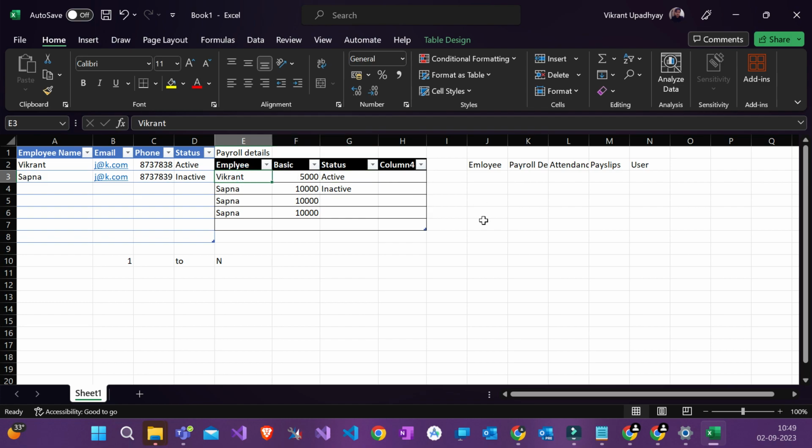Have you got the analogy of active and inactive, Sapna? What is inactive? What is active? No, active and inactive, I don't know actually. Okay, look, as I explained, if you are working in a company, I am also working in the same company. Now you are active. Today you are active, because you are working. Tomorrow you leave the company, then you become inactive. As simple as that. You don't work for the company anymore, so the company doesn't have to generate your employee details.